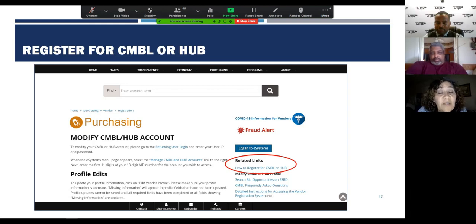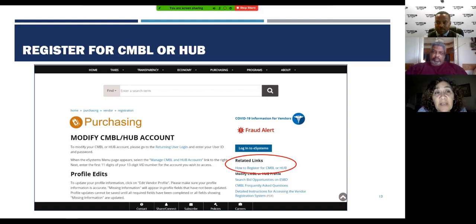For HUB certification, because it is free, you really need to print out the application, put together all your documentation, and send it to us by post mail. We cannot receive those by email because some of those files are way too big and way too hard to send to us. So we do ask that they be sent by post mail,